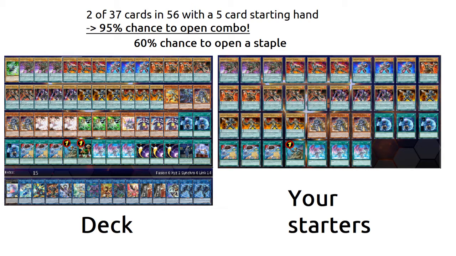I would lower the percentage by like 1 or 2% because Unexpected Die really isn't such a good starter, but it still serves its purpose really well. So it's like 95% chance to open combo. So like 1 in 20 games you will brick, and in the other hands you will draw your combo. And the chance to open 3 of those cards is 80%, by the way. So you also have a really high chance of